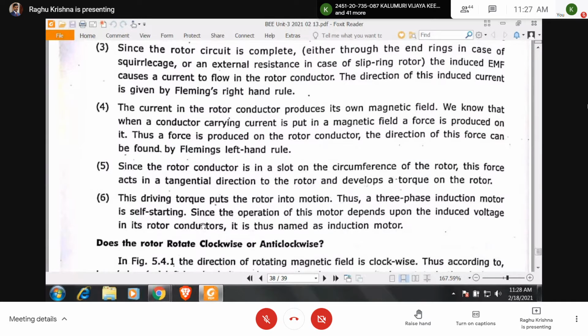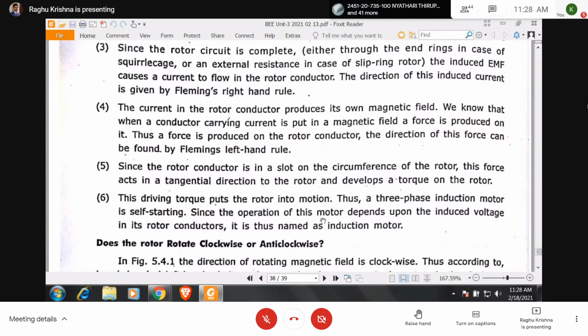Here we are not putting any external efforts to rotate the rotor, or providing any external arrangement for rotating the rotor. This will be clear in the fifth unit, where you are going to study about the single phase induction motor, which is not self-starting. So we are going to provide some external means, which you will study in detail in the fifth unit. So the three-phase induction motor is self-starting.